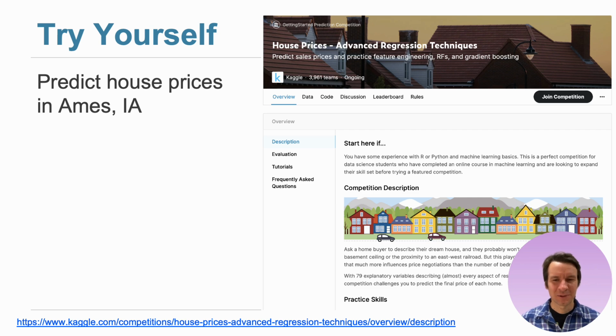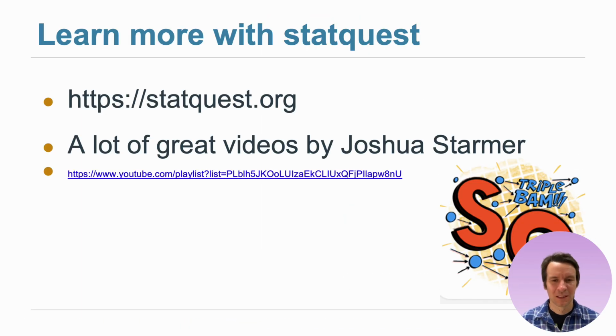If you are eager to try things on your own, there is a competition of predicting prices of houses in Ames, Iowa. Right? So here you can look on Kaggle, and there is a lot of data about houses in Ames, and you can try to figure out if you can guess what is the price of a house. And if you want to learn more about linear regression, I again recommend StatQuest. It has very nice simple explanations about how linear regression